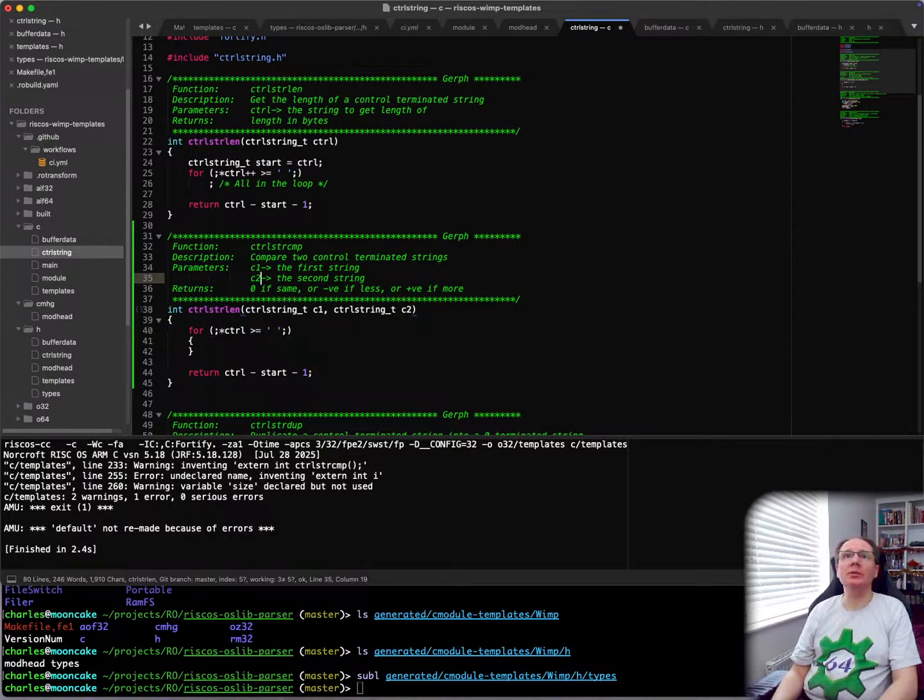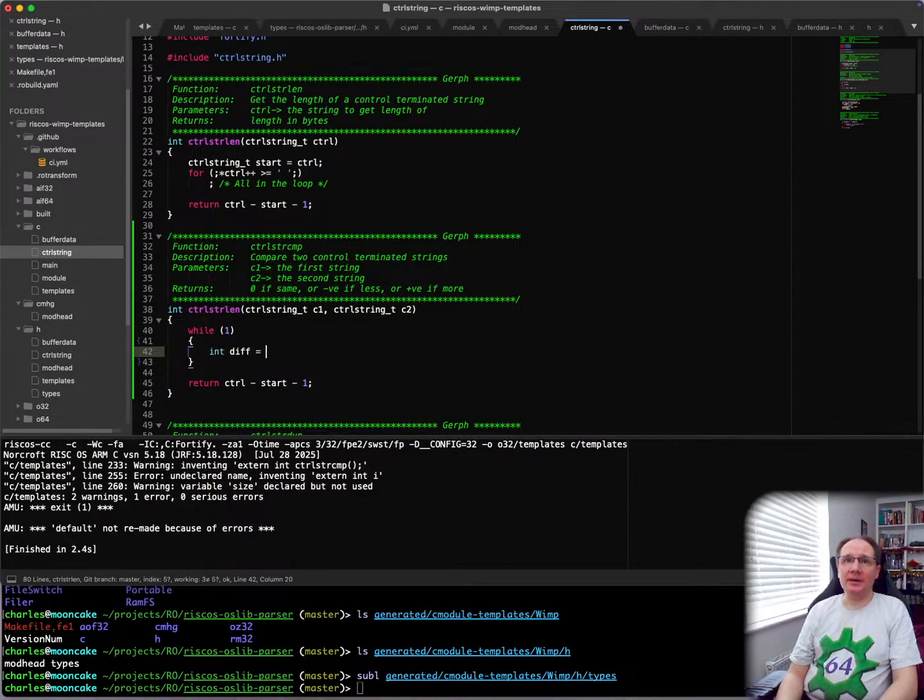Ooh, not equal to. Greater than. Oh no, greater than equal was right. Sorry, I'm confused. Right. Actually, this should be a while loop. Hold on. Right. Diff equals star C1 minus star C2. If